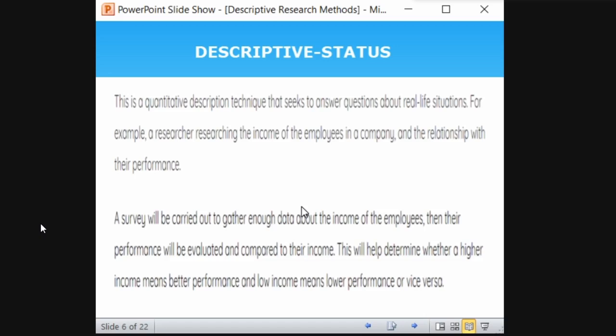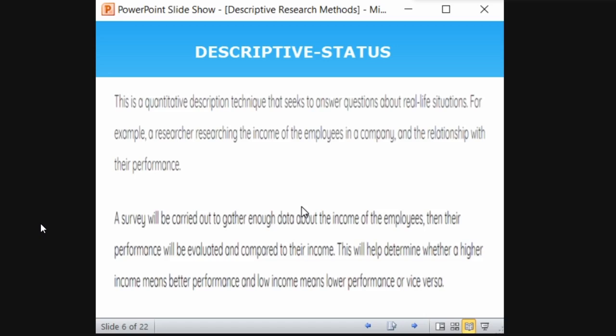Okay. So one will be earning 10,000, one will be earning 20,000. So there will be different kinds of incomes for different professionals according to their designations, right? So he is collecting the data. Then after collecting the data, their performance will be evaluated and compared to their income. So let's say we will take it as a university itself, or a college itself. So a college will have a head of the institution, that may be principal or headmaster, whoever it is, and then there will be HODs, lecturers, and non-teaching staff.